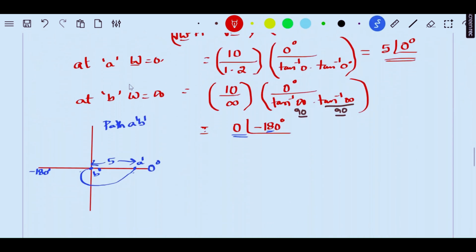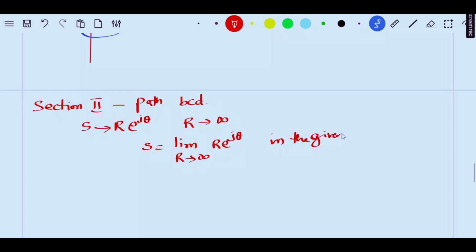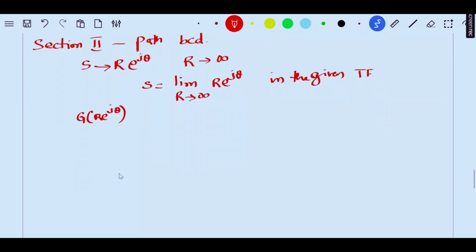So for any problem you take, for the section 2 path BCD, we will replace S with r into e power j theta, where r is tending towards infinity. So this can be written as: put S equals limit r tends to infinity of r into e power j theta in the given transfer function. So our transfer function becomes G of r e power j theta, H of